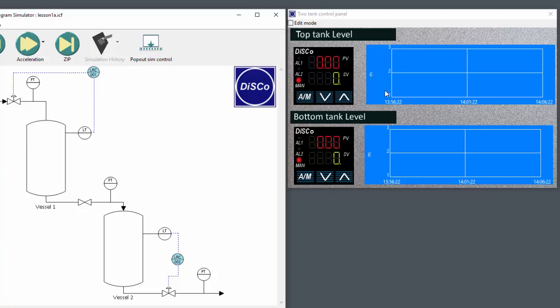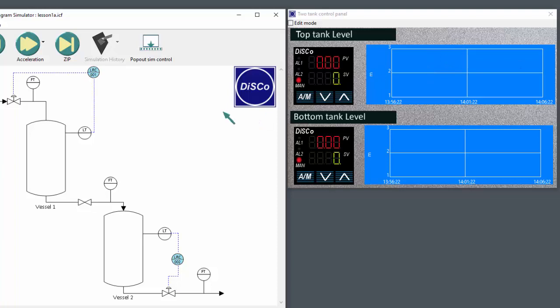So control panels aren't fixed. In PISim you can actually build as many control panels as you like. You can put a background on it. In this case I've put a brushed aluminium background on it, but you can put any background on it you want. A picture of your house or your kids or your dog or whatever,